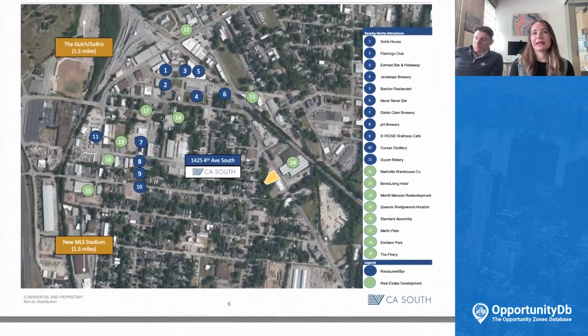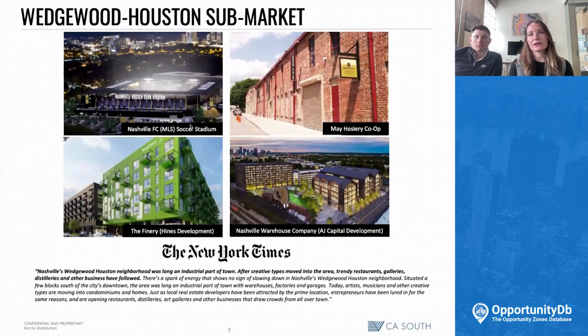This kind of shows the market area. This is the Wedgewood-Houston neighborhood. Right here adjacent is the Gulch neighborhood, which I'm sure everybody's heard of, but it started out very similar to a neighborhood like Wedgewood-Houston, because not only is Wedgewood-Houston located in an opportunity zone, but it has a new Soho House, a new soccer stadium. I'll show you these things. This is the new soccer stadium. Heinz is developing here. AJ Capital, which is a really amazing hospitality brand company, is developing apartments, office, and a lot of retail concepts. And it's essentially just become the cool, hip,